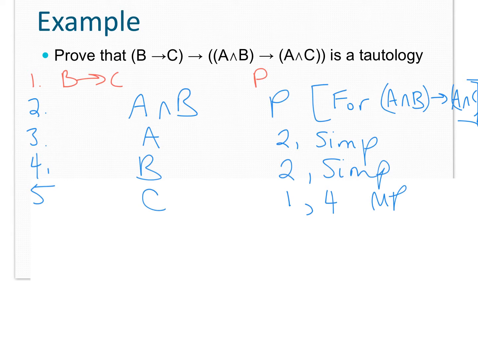Well, I just need to get A and C and check it out. I can do that now using the conjunction rule, right? I could say A and C based on lines 3 and 5 and the conjunction rule. And now I have indeed started with A and B, concluded A and C, so now I can outdent and say